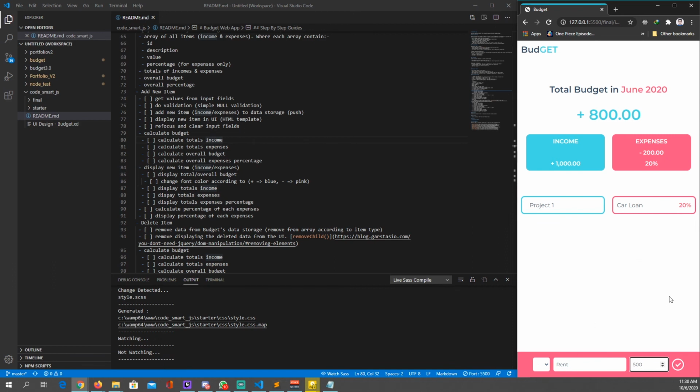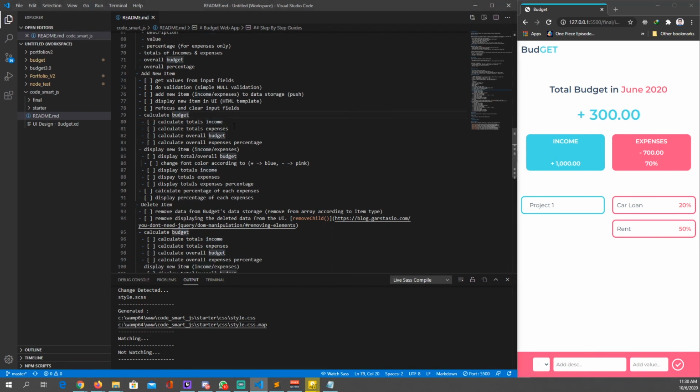You can see it. Okay, I hit enter. It's gonna refocus and also clear the input fields. That's why it's been cleared over here. There's no previous value over here, and it refocused back to this description placeholder. That's also what we're gonna do every time we add a new item.